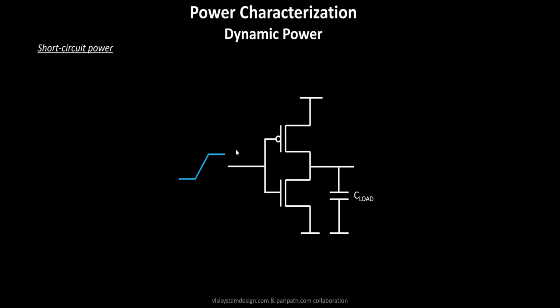For example, for a 180 nanometer technology node, a logic 1 represents 1.8 volts. If the input is at logic 0, this node is at logic 0 and the source is at VDD, so your VGS is negative. As a result, your PMOS turns on, because the VGS crosses the threshold voltage of your PMOS transistor. That's what turns on the PMOS transistor.